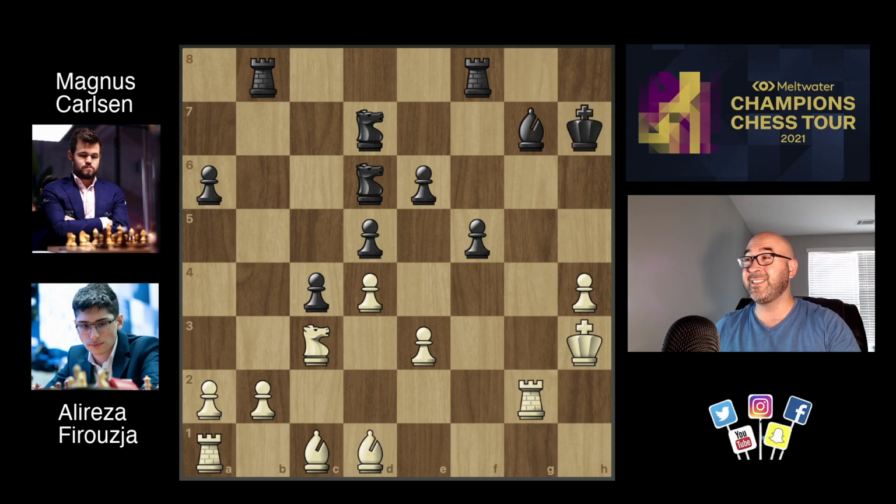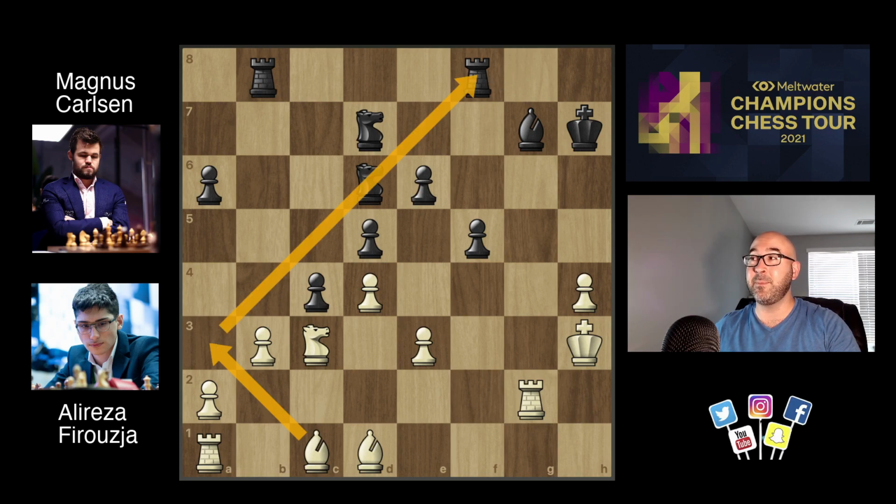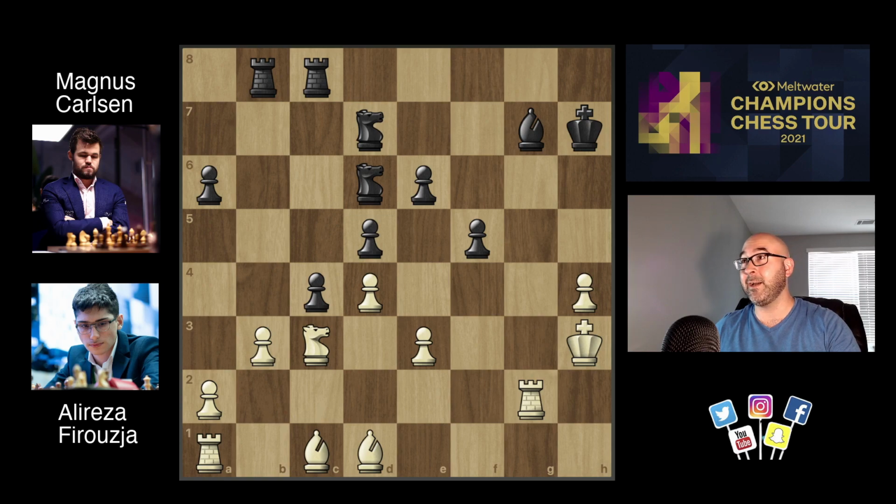Magnus plays king to h7, getting away from this nasty pin, and b3 by Alireza. He needs to activate his pieces somehow. Now the big threat is just simply bishop to a3, taking advantage of this nasty pin. So Magnus goes rook f to c8, not only getting away from the pin, but now there's this cover attacks